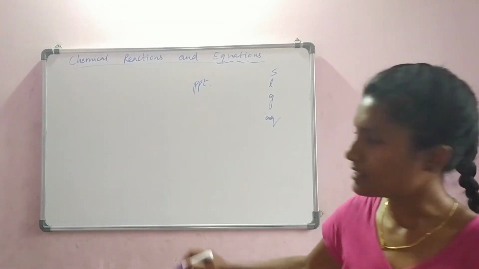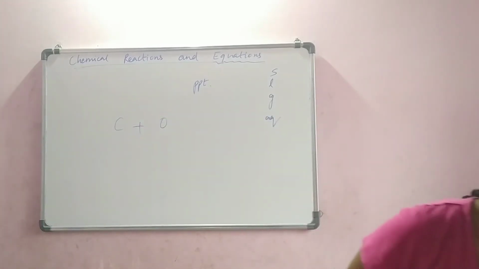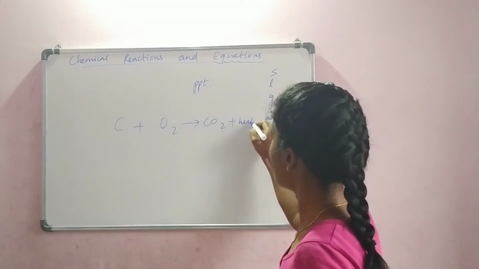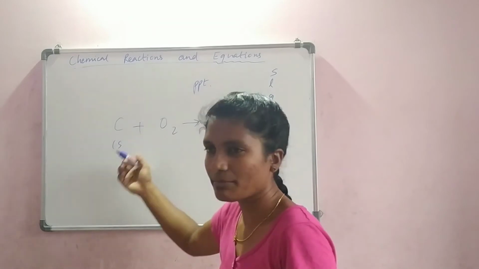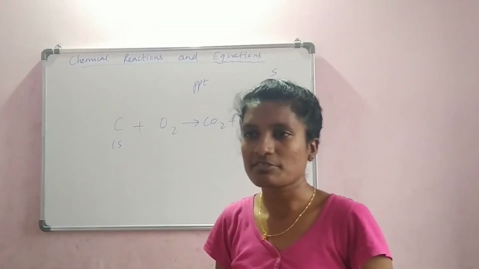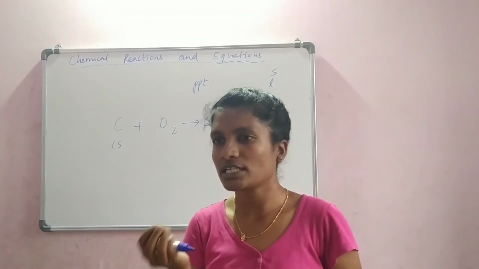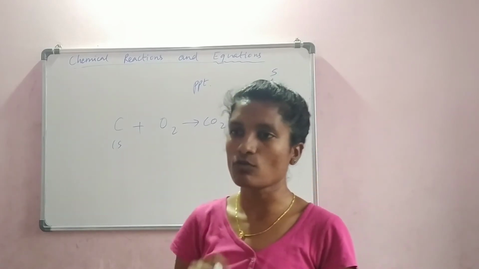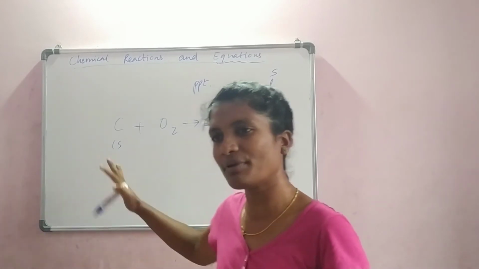In some reactions, like carbon reacting with oxygen to give carbon dioxide, they will add heat. Let us see what it is. Carbon can be solid or sometimes liquid. You can ask me why, ma'am, carbon can be solid or liquid. We eat food. Food is in solid state. Food is what? Glucose. We took that inside. We drank water. Now carbon mixed up with water, it became liquid also. So it can be in any state.